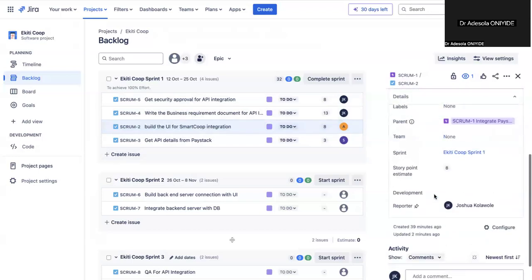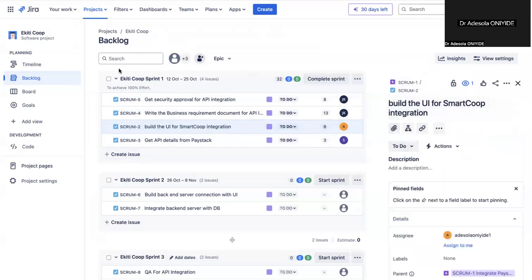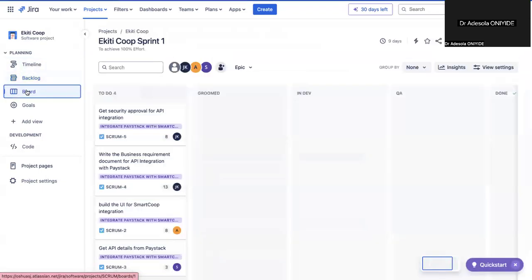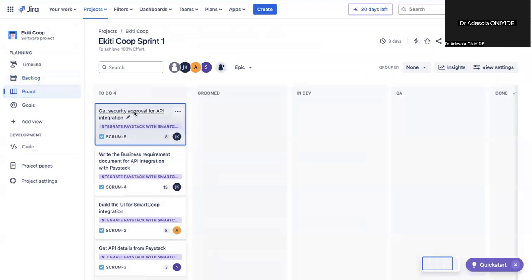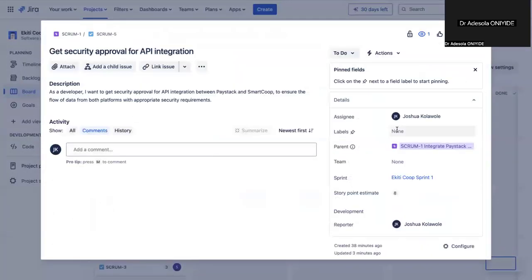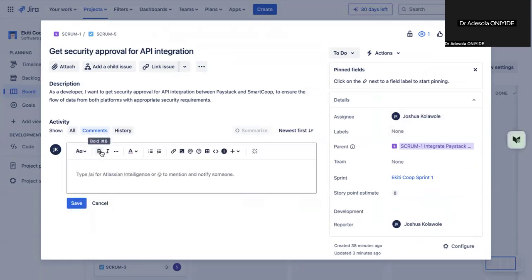So every day we go through our sprints, we go through each of our stories, and for the one that is assigned to me as a scrum master, I would have to put a comment on what I did, what's needed to be done, and all those things. So if there's a key comment, I can say at